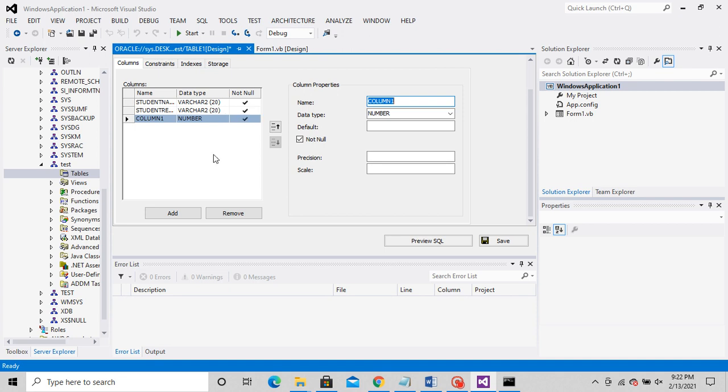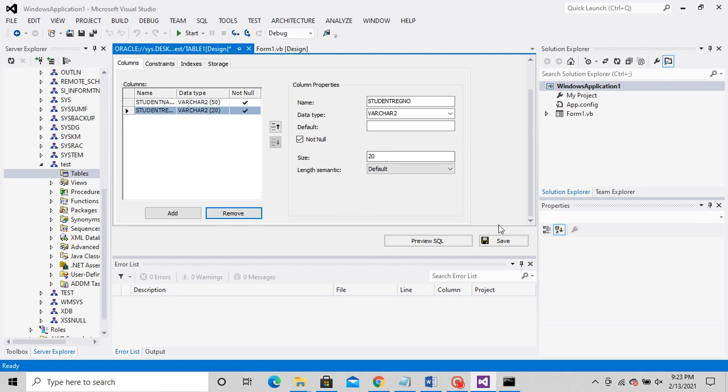You can just go here, double click, and I am just showing you how to change it. So I can change it to maybe 50. Then you can come down to the last one. This was the default column, so just remove it.